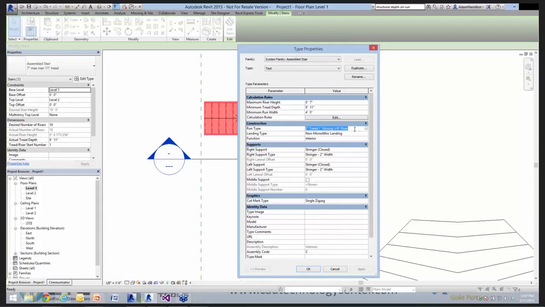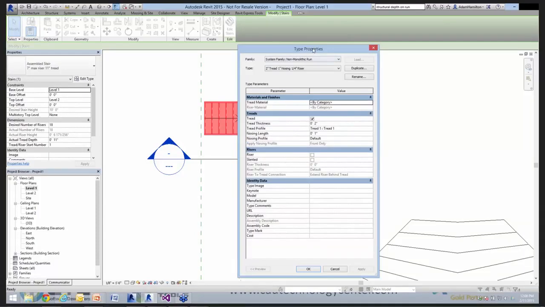But what we're going to really look at is the types. And you'll see here when I click into construction, we have run types and landing types. Down here in supports, we have support types, and we see that by this triple dot button. For each one of these categories I select, there's this triple dot button, and that means these are configurable elements. I'm going to start here with the run type, and you see we have this 2-inch tread, 1-inch nosing, 1/4-inch riser. Good description, right? We're going to hit that triple dot button and go inside it,